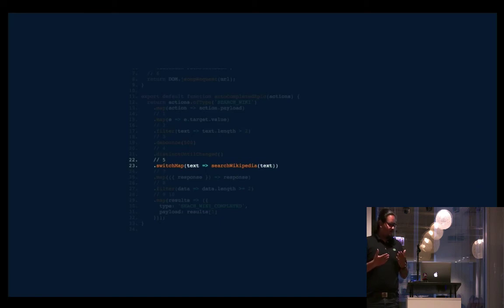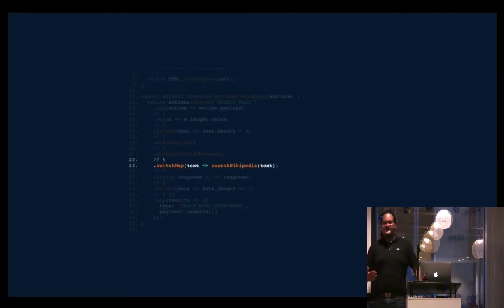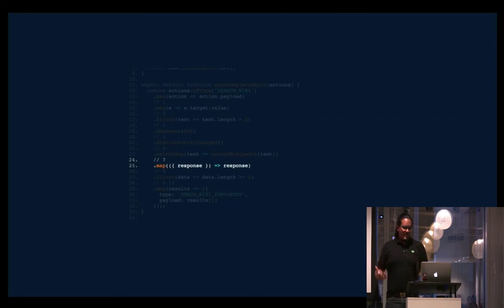Again, we're going to pass in the value of the input field, text, and we're going to pass it to the searchWikipedia function. This searchWikipedia is going to give me an observable in return. So this switchMap is going to see a stream of observables, and it's going to subscribe to those observables and cancel any previous observables still in flight if it receives a new request. So now when this AJAX request is complete, I'm going to call a map operator. I'm going to get this AJAX object in response to that searchWikipedia